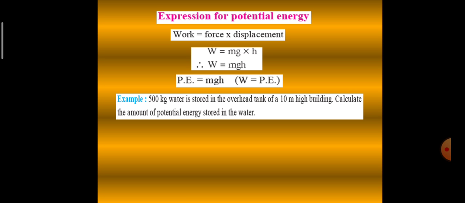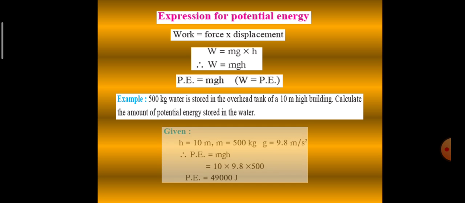Now let us take up a solved example. 500 kg water is stored in the overhead tank of a 10-meter high building. Calculate the amount of potential energy stored in the water. Now let us write the given. Height is 10 meter, mass is 500 kg, acceleration due to gravity is 9.8 meter per second square, and therefore